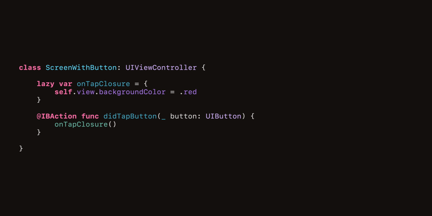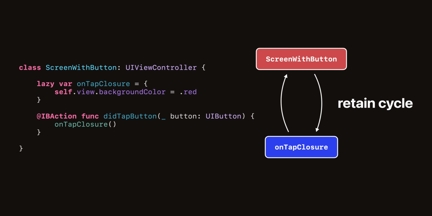In a real scenario, this could be a view controller which needs to perform some action at a later point. The view controller has a property with a closure, and the closure uses some property of the view controller. Because closures in Swift are separate objects, we've got a retain cycle. So even when the view controller is long gone off the screen, it still occupies some space in the memory, and so does the closure. Detecting a retain cycle can be difficult. Fixing it, not so much.